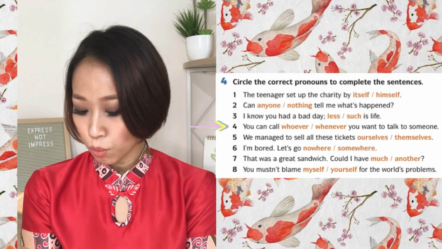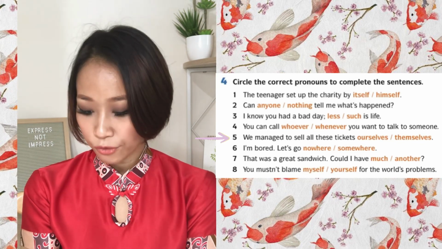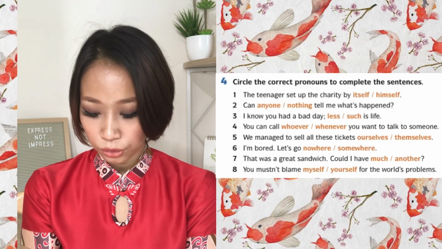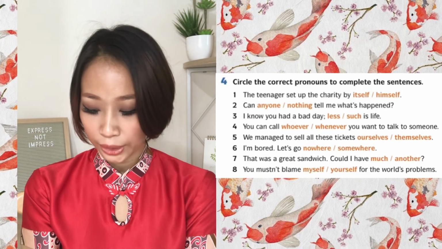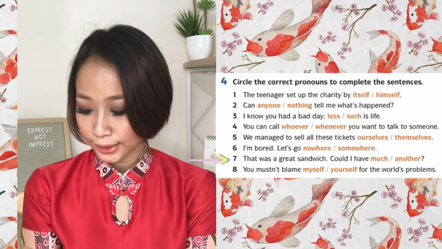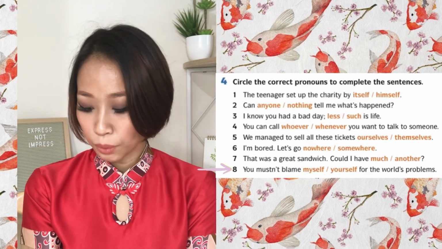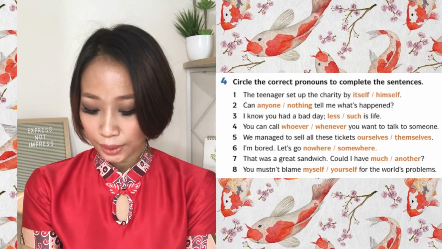4. You can call. You want to talk to someone. Awak boleh telefon. Awak mahu bercakap dengan seseorang. 5. We managed to sell all these tickets. Kami berjaya menjual semua tiket itu. 6. I'm bored. Let's go. Saya rasa bosan. Mari pergi. 7. That was a great sandwich. Could I have? Sandwich itu sedap. Boleh saya makan? 8. You mustn't blame for the world's problems. Anda tidak patut menyalahkan kerana masalah-masalah di dunia. So, macam tadi, rujuk muka surat